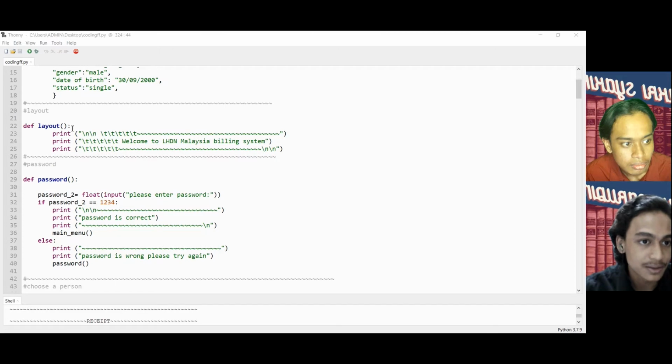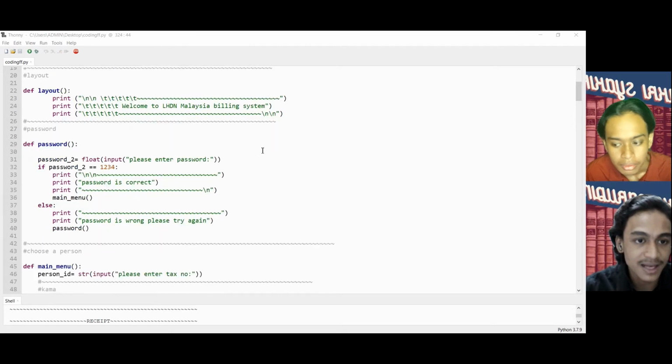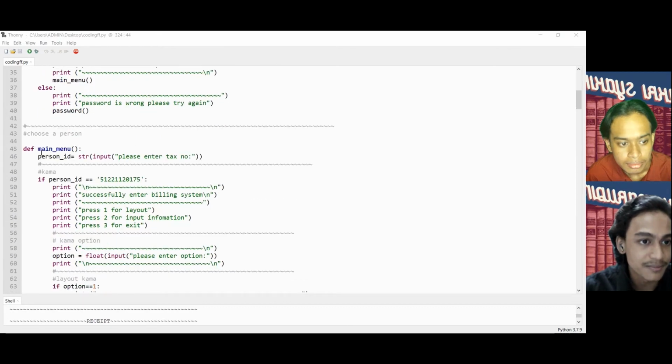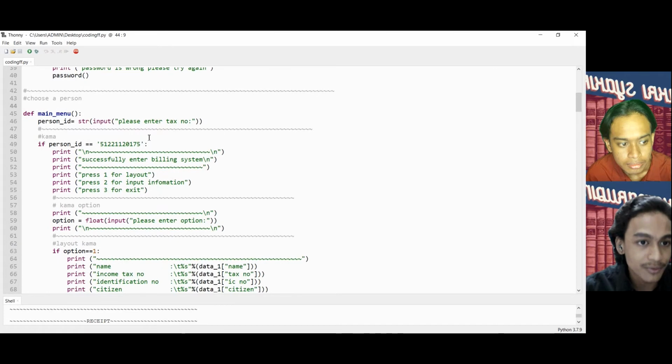In the layout, when we start the program, it will display "Welcome to LHDN Malaysia billing system," and ask for a password. The password is 1234. After that, it will go to the main menu. In the main menu, it will ask you to give the person ID.